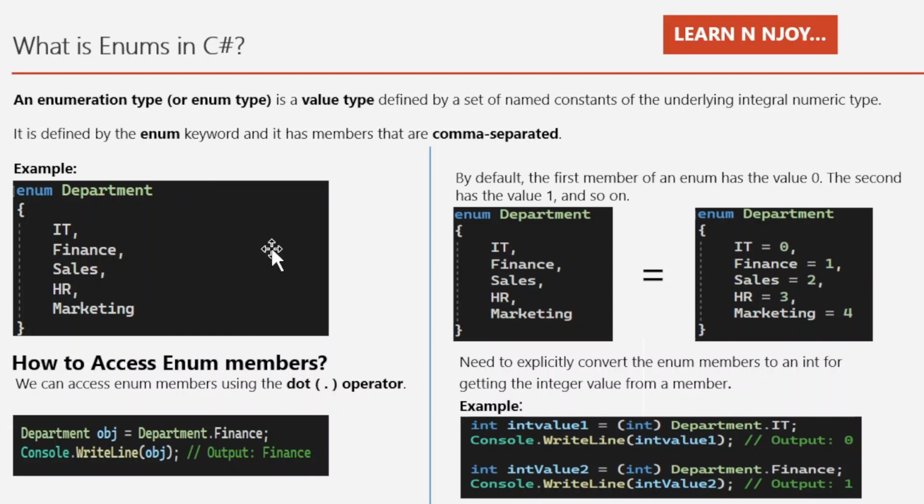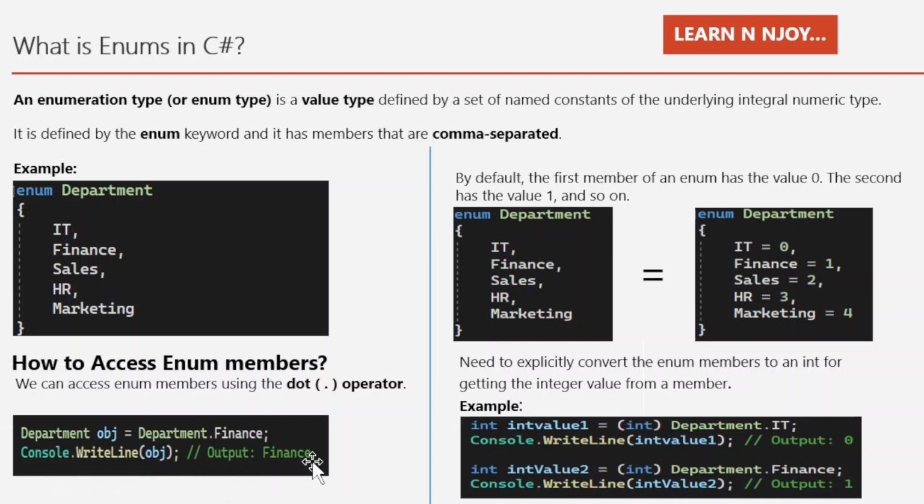Now we have seen how to define an enum. Next question would be how we can access enum members. It's very simple. We just need to access its member using the dot operator. So we write enum name dot enum member name. Let's see examples over here. Here I have written Department obj is equal to Department.Finance, and whatever enum value we get, we are printing into this console window,